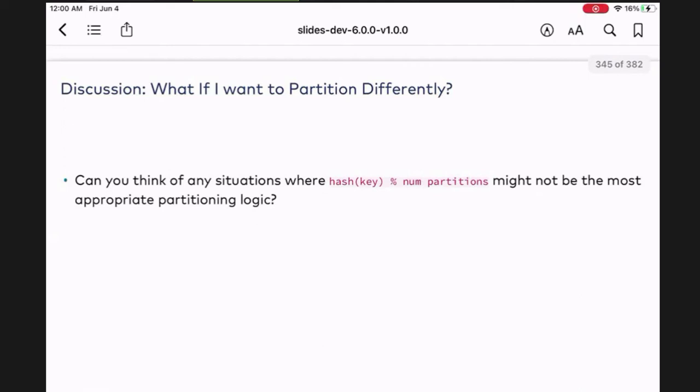Then, of course, the hash of the key will always be the same, and it will be skewed, right? Because when you do a hash of the key, you see the key so many times because people are requesting the same item, and then hash of the key modulo number of partitions. So let's say it keeps on sending it to partition one, partition one, partition one.